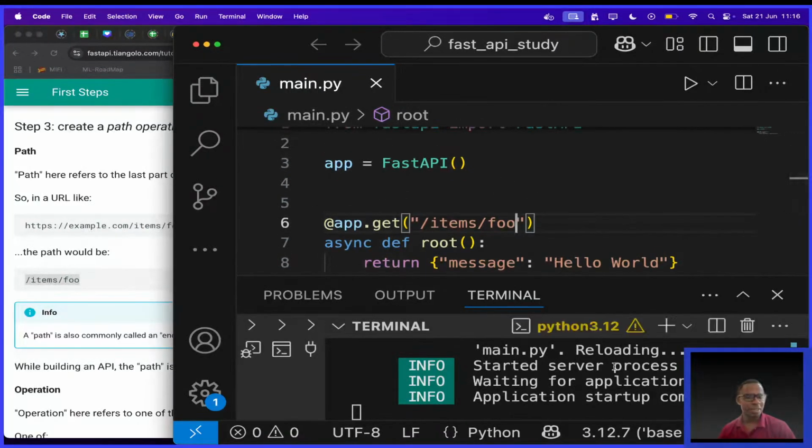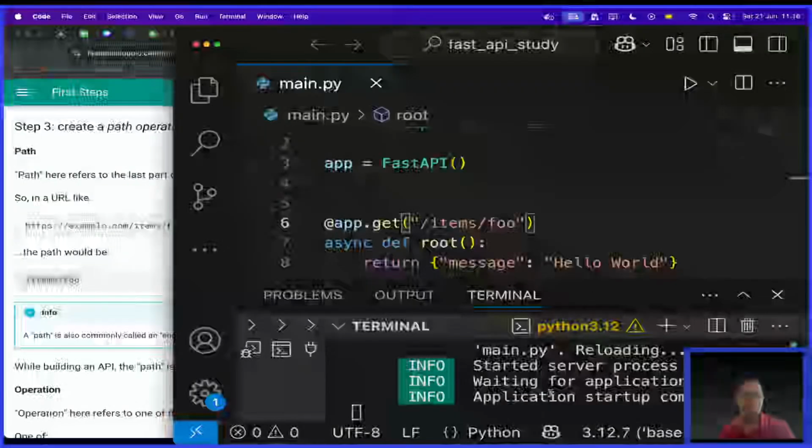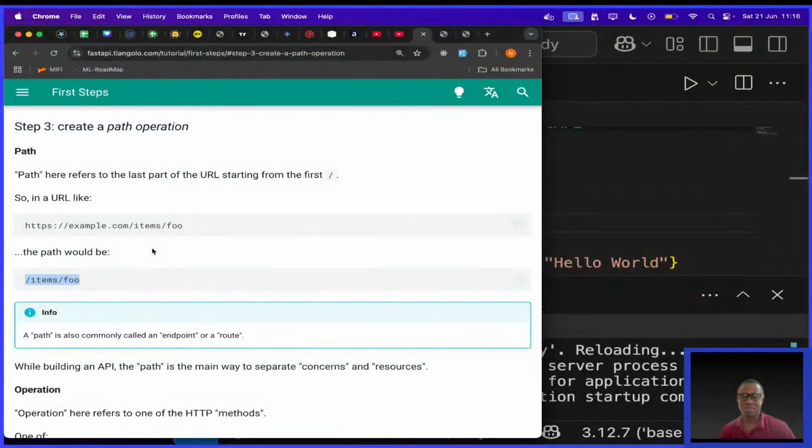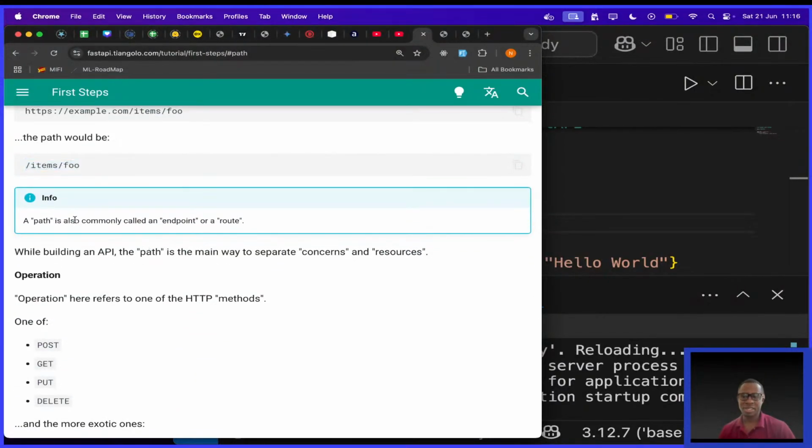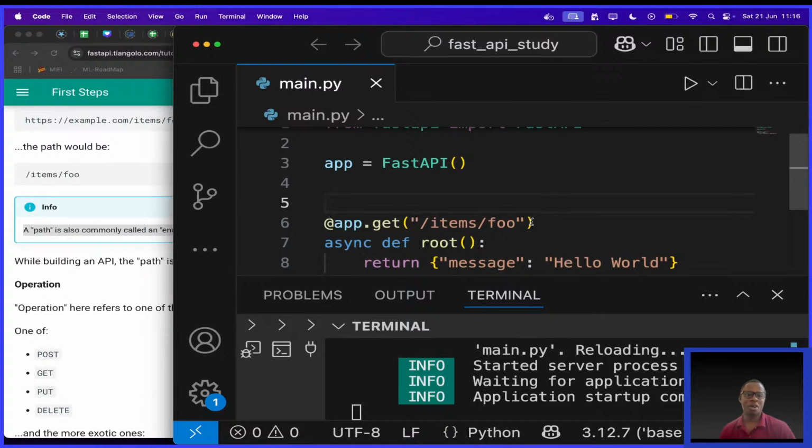Did you see that auto refresh that happened when I added code and saved? I like that. That was really fast, actually. It restarted the whole thing. It's very nice. Then they're saying info: a path is also commonly called an endpoint or a route. And I think we know this. So ideally, I have one route or one endpoint.